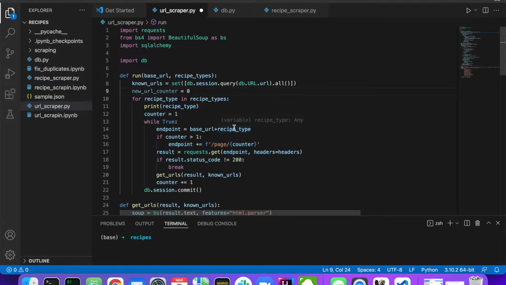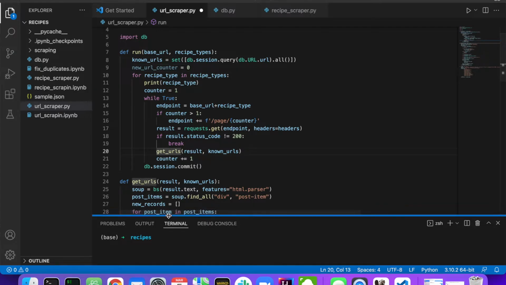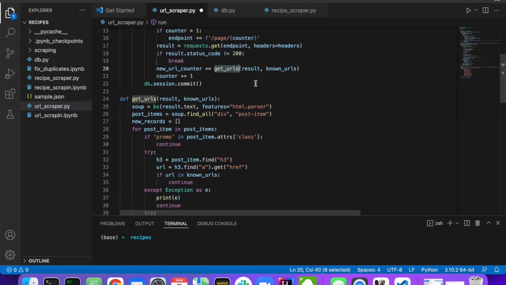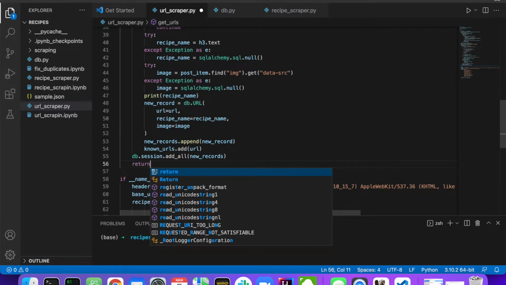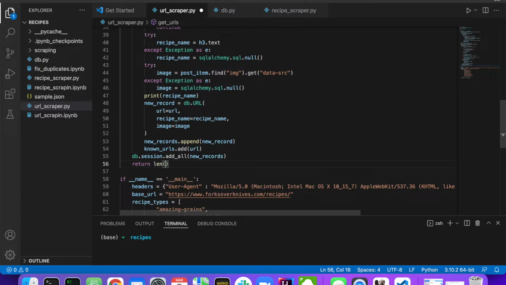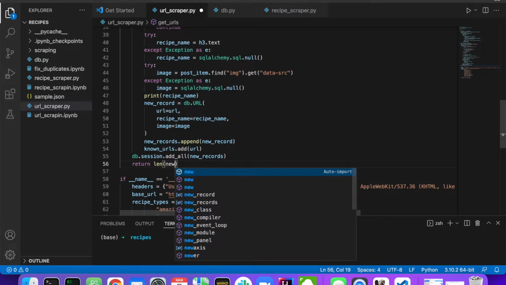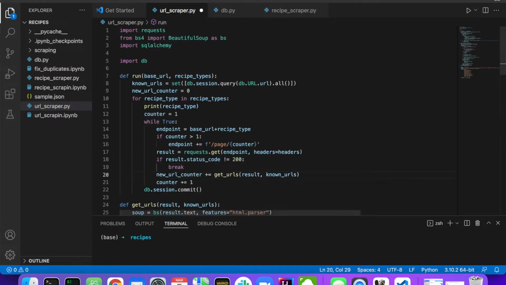And then here, let's say new URL counter, increment it by however many we return from get URLs, which is going to be return len of new records. Yeah. Just like that. And then what we can do is say counter, just after this is all said and done,